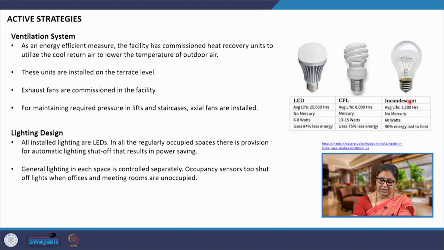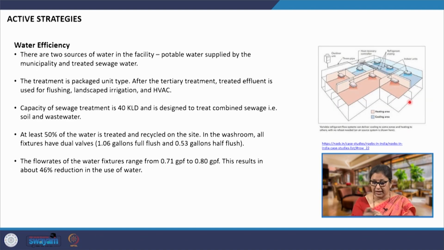Coming to lighting design, again LEDs have been provided in the entire office building. But before coming to artificial lighting design and choosing LEDs, the building has been designed so that more than 75% of the total habitable areas are daylit. And additionally, water efficiency. Potable water is supplied by the municipality and treated sewage water,